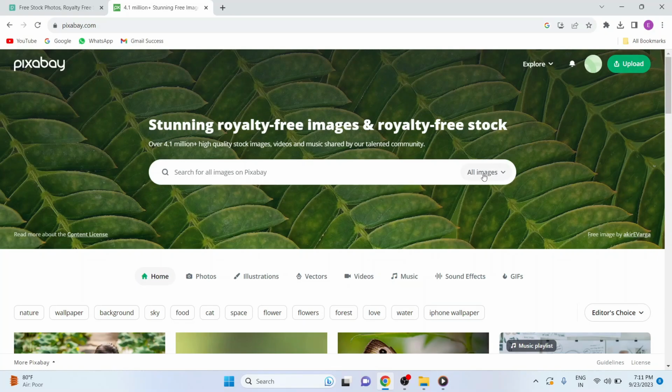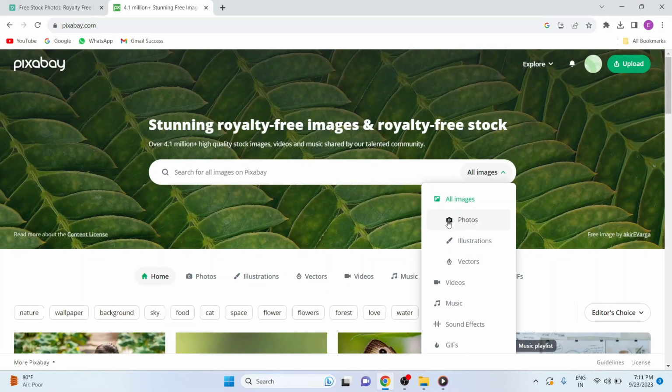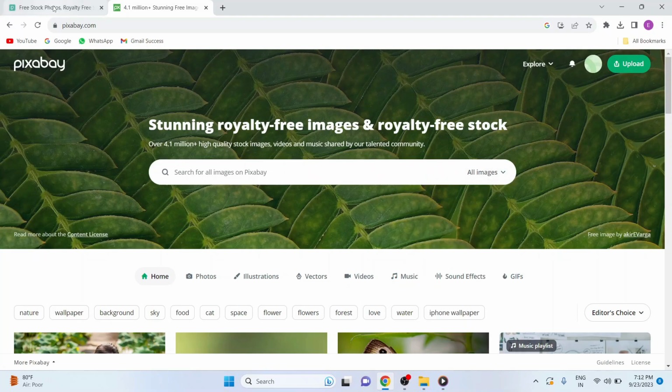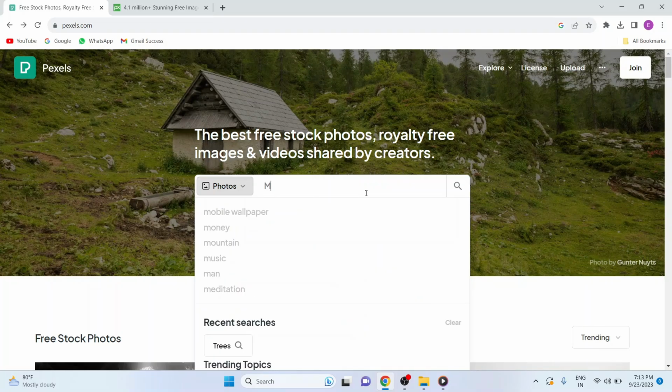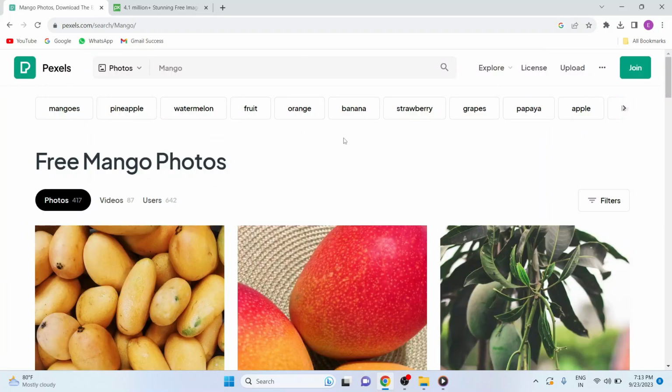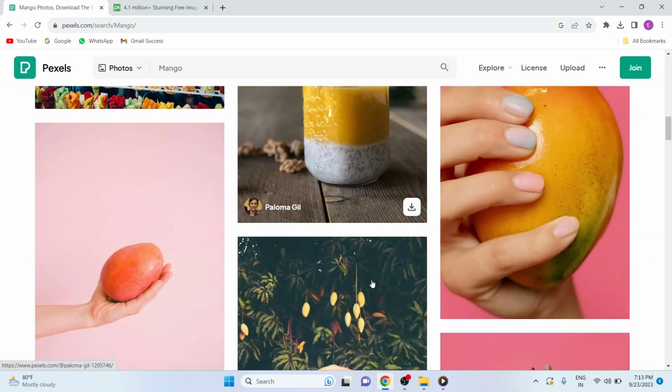If you click on this filters option, here you see many formats. You can download photos, vectors, illustrations, videos, music, sound effects, many formats are there, guys. But in Pexels you see it is a drop down. If you mouse over it, there are two options. First is photos and second is videos. Now guys, let's search for mango,